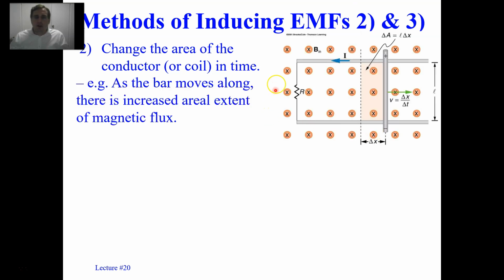Here's an example. Suppose you have a bar here, and suppose you have rails, and those rails, let's say, are conducting and the bar is conducting. So the bar is in electrical contact. And as the bar moves along, there is an increase in the areal extent of the magnetic flux. That is to say, if this was the original area, as the bar moves along from this dash position to this new position, notice that it's moved a distance delta x, and now, since the area is greater, we're going